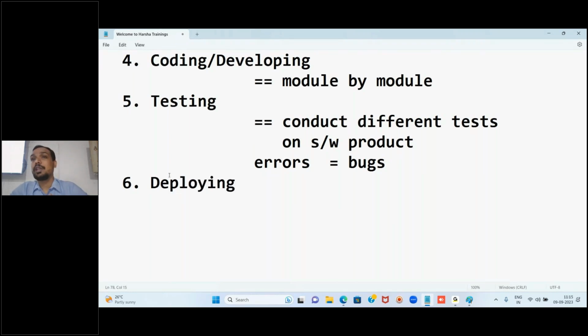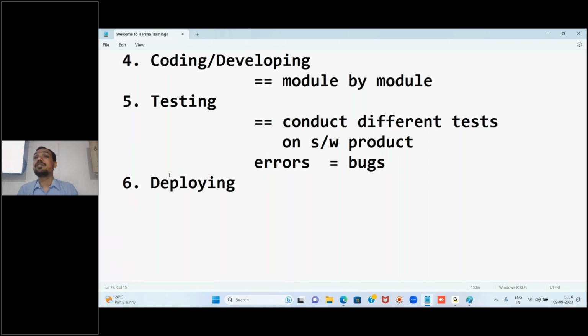It will be deploying. So they will choose one cloud platform, some public platform, and there they will ask that company which domain you want. They will purchase the domain, something like hellohealthcare.com. Into that domain these people will push all the code, and they will ensure that whoever wants to access hellohealthcare.com from all around the world can access it.